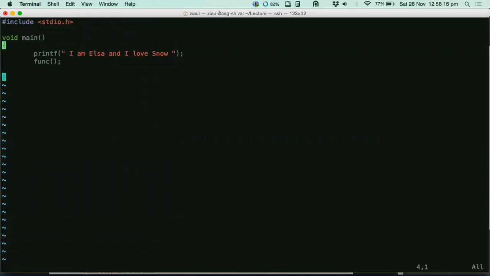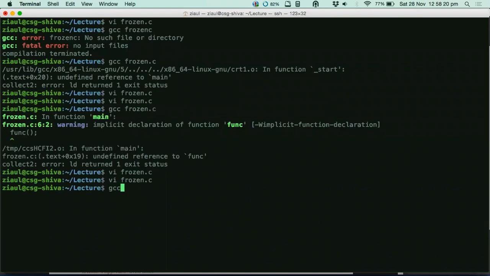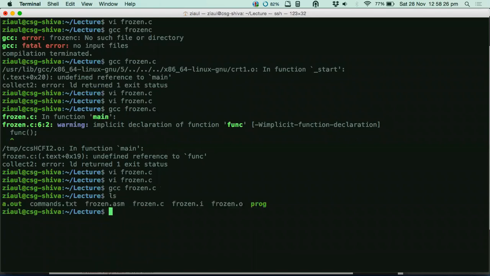It is creating a ready-to-go executable; I can just go ahead and execute it. But if you remember from the previous lecture, there were a lot of steps for us to get from the source code to this a.out, isn't it? You guys agree on this, right? There are at least 5 or 6 steps.